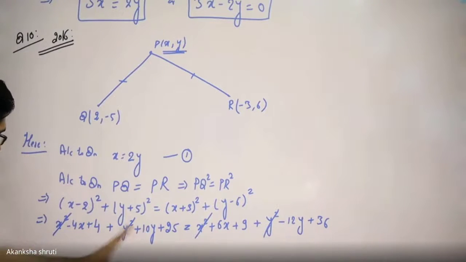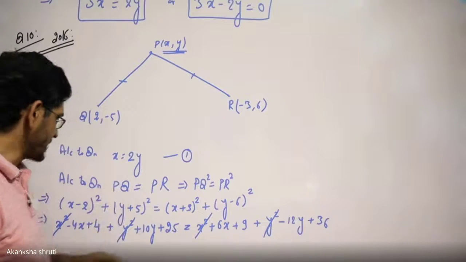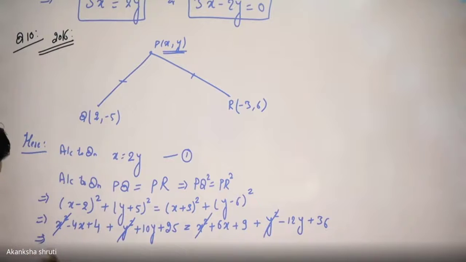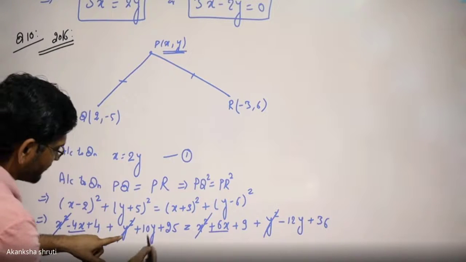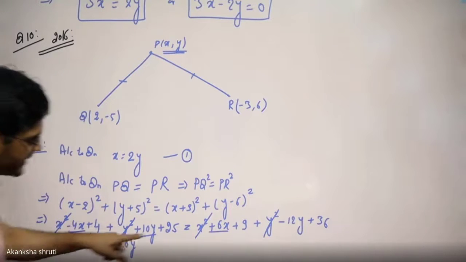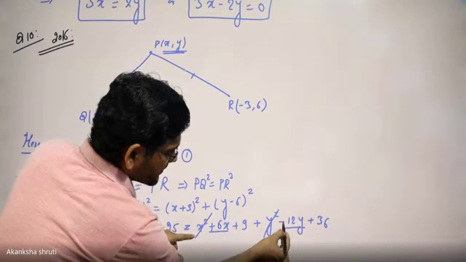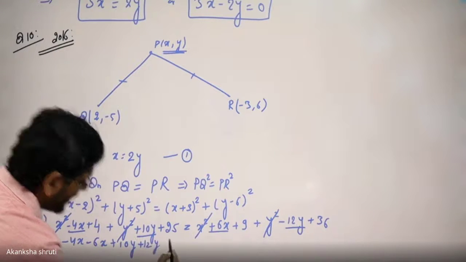Bring x on one side and y on the other side, or bring all of them on one side, and keep only the constant on the other side. Why? We have to solve for x and y. Students, let us bring all the x on the left hand side. It is minus 4x. Bring this plus 6x to the left hand side, it becomes minus 6x. Students, let us keep the y now. Plus 10y is on the left hand side. The other minus 10y will come on the right hand side and become plus 10y.